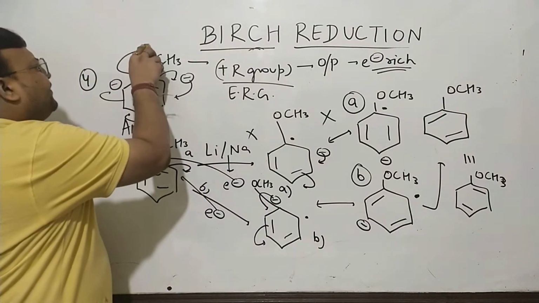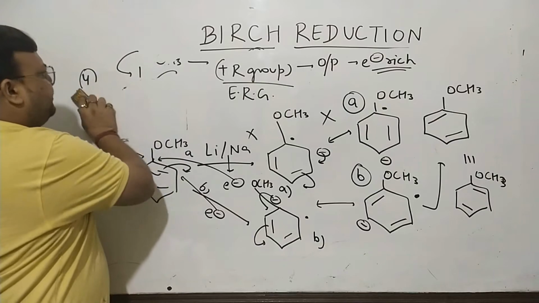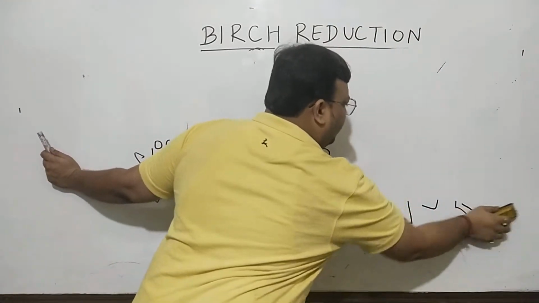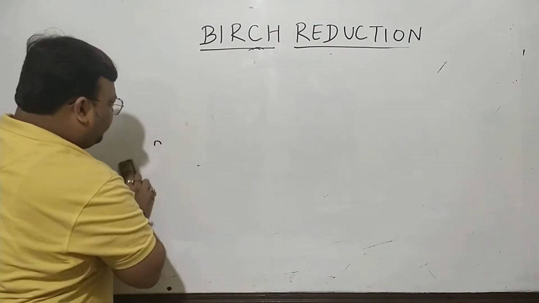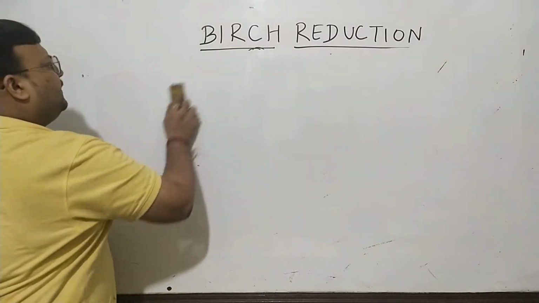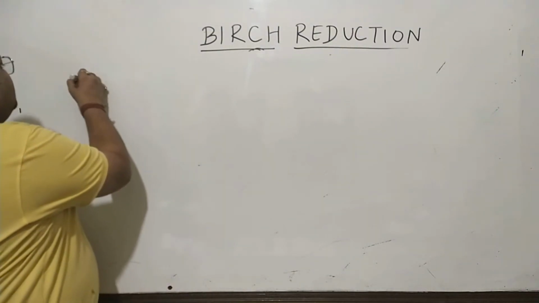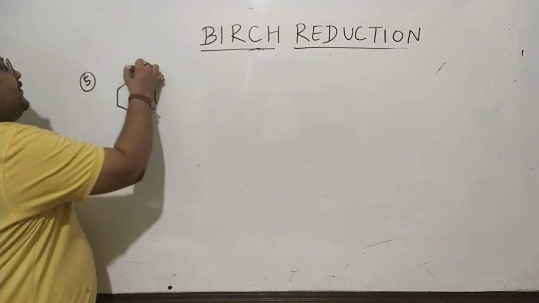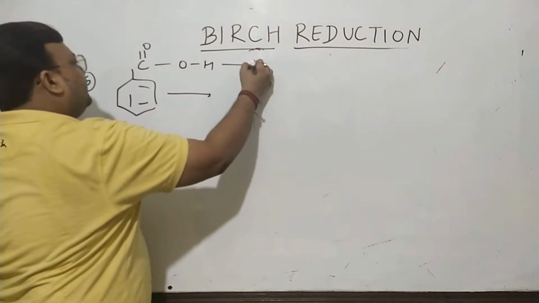If instead of OCH3 you have a COOH here, I'll clear this area, or maybe draw it all over again. In example 5, which was benzoic acid, which you know is a very popular minus R effect. Now what is the minus R effect? Minus R effect is